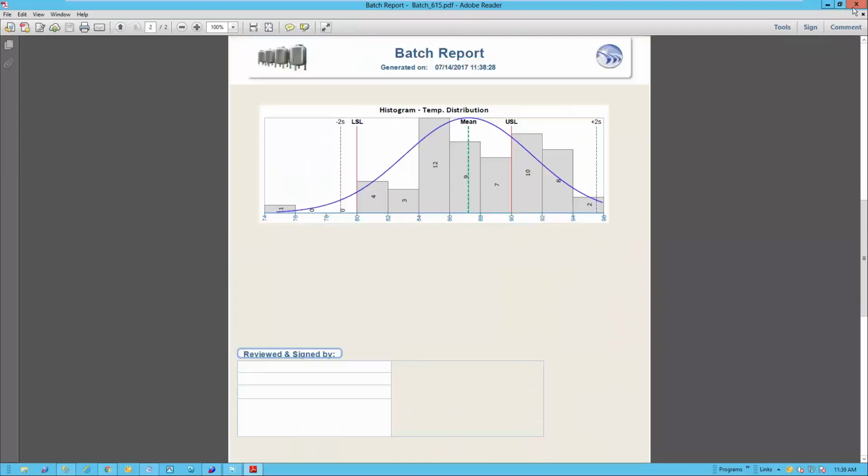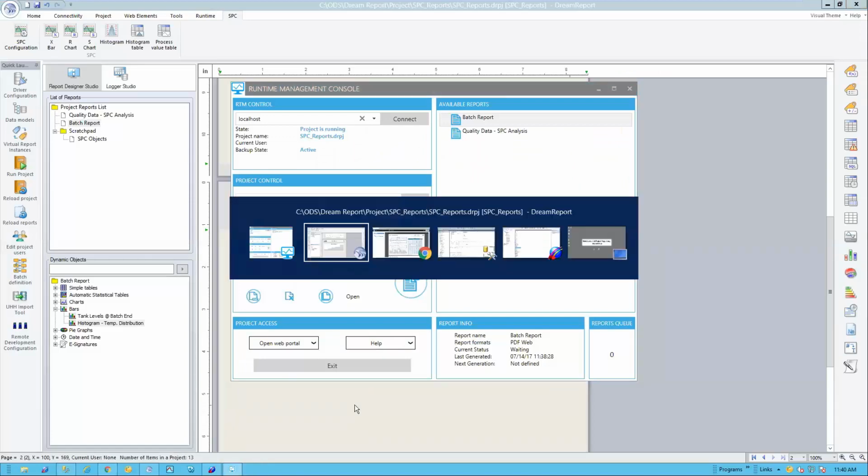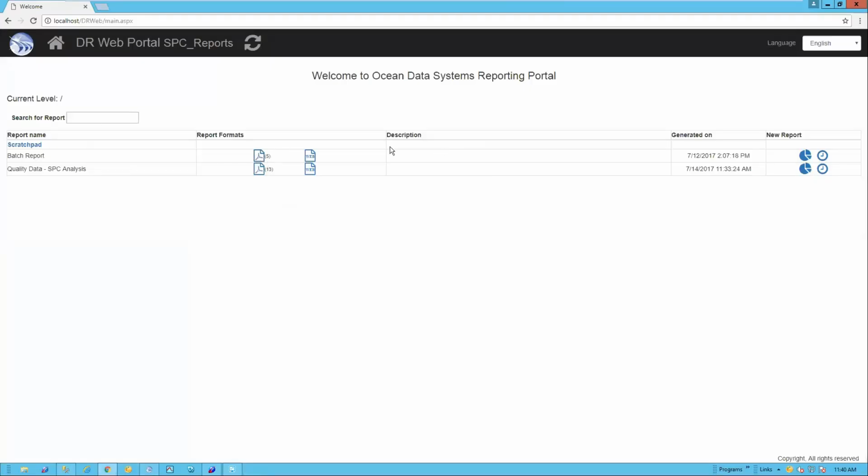Okay. And again, this might be triggered automatically at the completion of a batch, or a user on the web portal might come in and say, I need to bring up a batch that ran. Maybe you didn't even have the SPC options on your batch reports, which have been running for the last few years. You've just added it to the report, but now a customer calls in and says, listen, we've got a problem with an order we placed with you 2 years ago, and we'd like to see if you were aware of any anomalies. So while the report that ran 2 years ago didn't have the control charts in it,